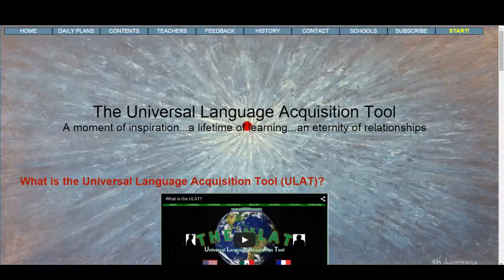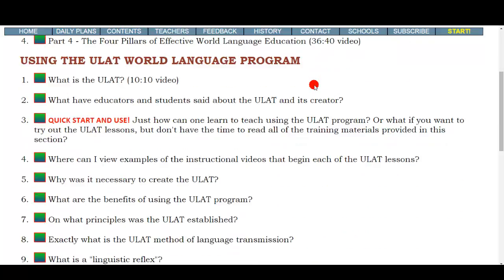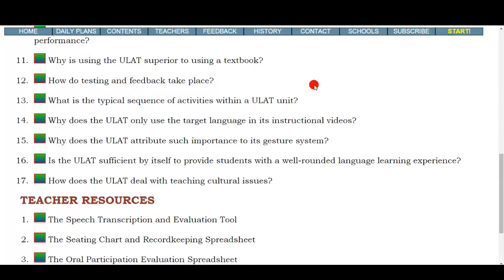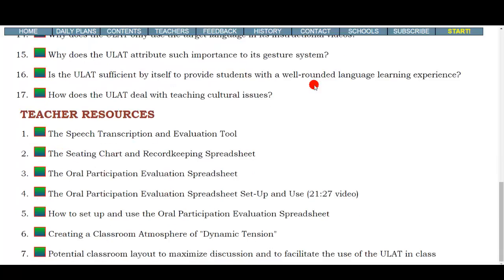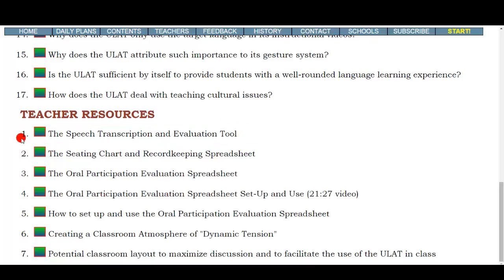www.theulat.com, you go to the Teachers section. In essence, it's a teacher's manual. There you'll see three different sections. The first section involves these particular videos that you're currently watching, Insights into World Language Education. The second section, which is by far the longest, deals with using the ULAT World Language Program. And then the third section is where you want to look for this particular tool. Under Teacher Resources is the Speech Transcription and Evaluation Tool. If you click on this button here, it'll take you to the system I'm about to describe to you very